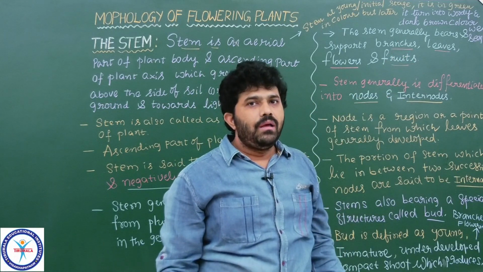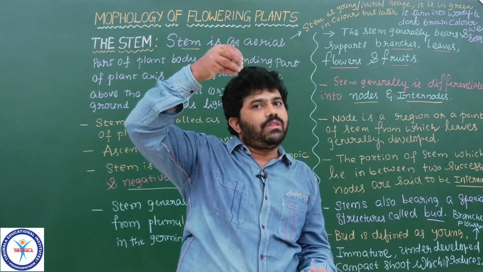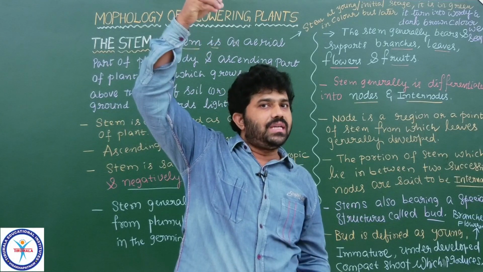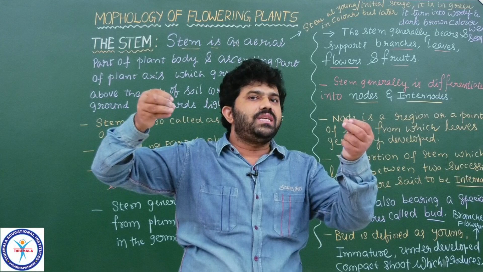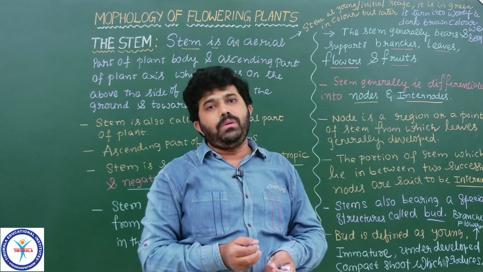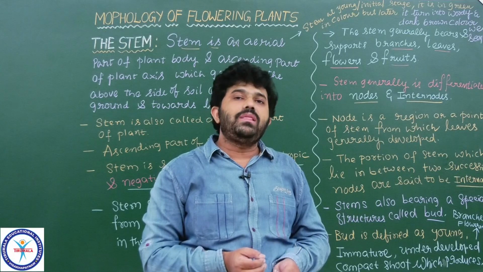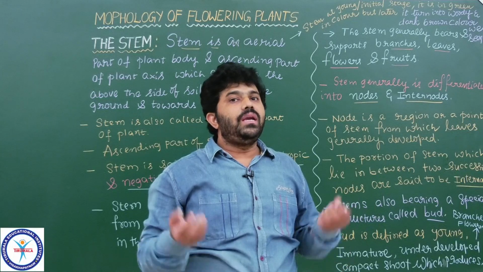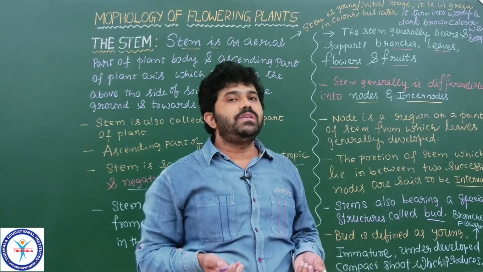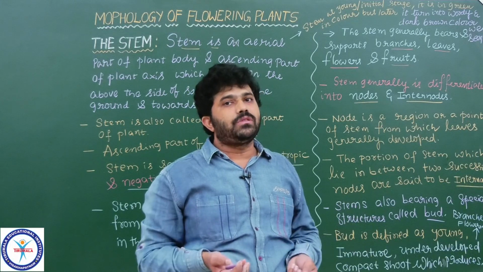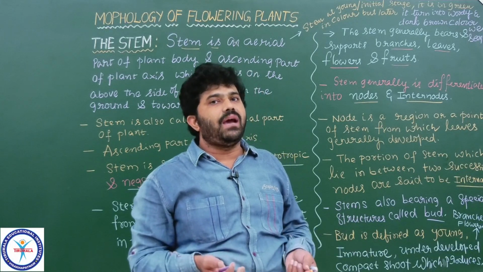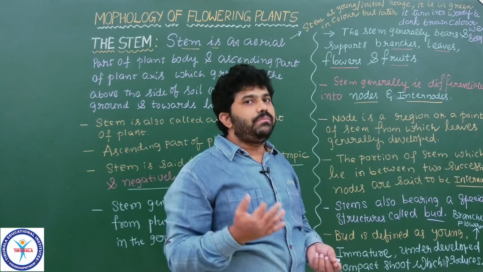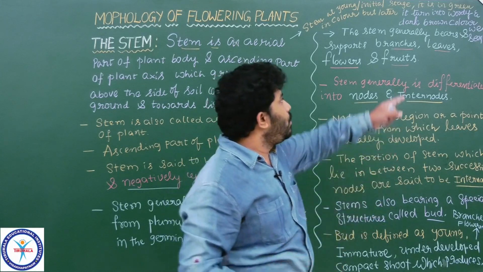Now you got the point. When the ascending part of the plant axis, like the stem, grows very healthy and increases its length, the number of nodes automatically increases. From every node we expect at least a leaf to be produced. When the number of leaves increases, a sufficient rate of photosynthesis is performed by the leaves, so the stem no longer needs to perform photosynthesis because of the sufficient number of leaves. That is why from the young stage to the matured stage, the stem changes its color from green to dark brown and woody.